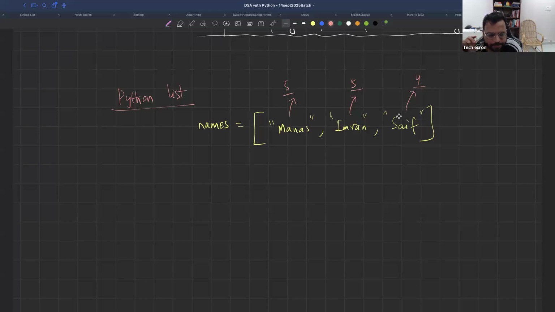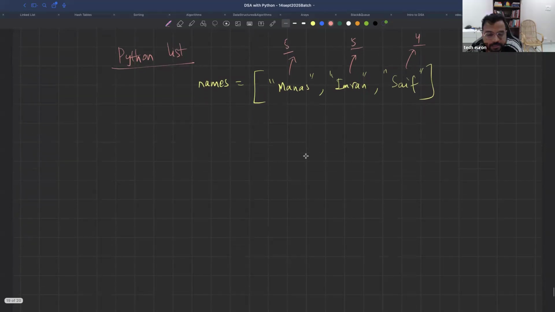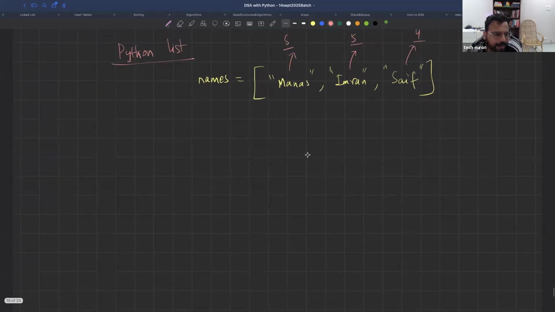There are 2 ways in which it can be handled. One is using a delimiter and the other is using a referential array. Delimiter is how it works in C language, but we will not talk about that. We will talk about referential array. What happens in a referential array, which is the case in Python, is that when we create a list in Python, it does not